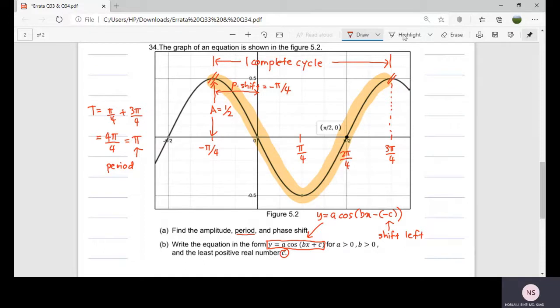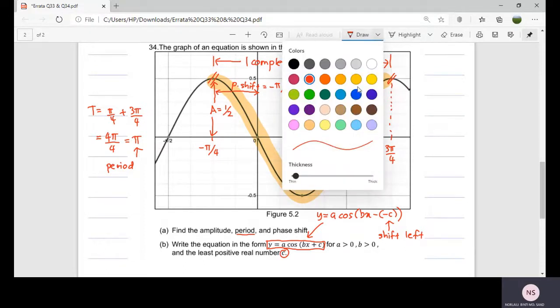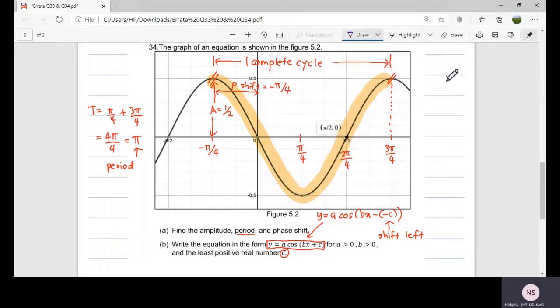Somehow a student will ask, Madam, can I start or can I choose this kind of graph? Okay, let's say the student asks to start from here. Still a cosine graph, right? But he asked to start from positive pi over 4. Okay, stop here. Maybe here we need to extend this. So if it starts from positive pi over 4, what will happen? The phase shift here will be positive. Phase shift is pi over 4,